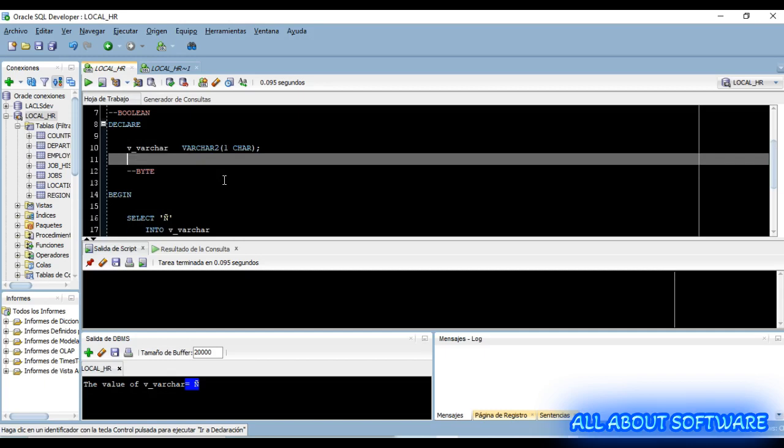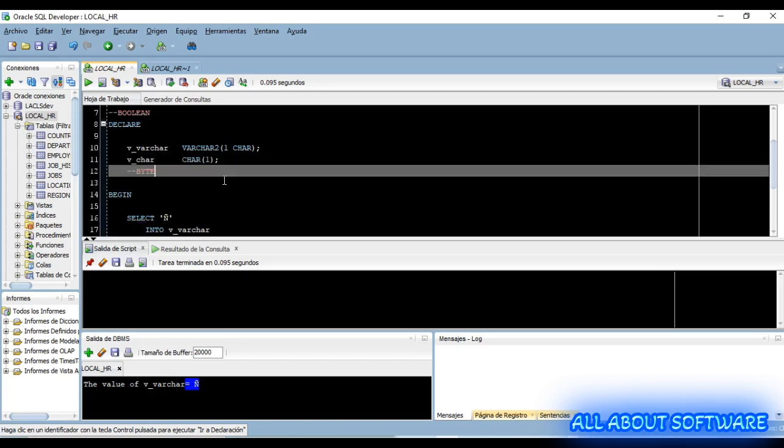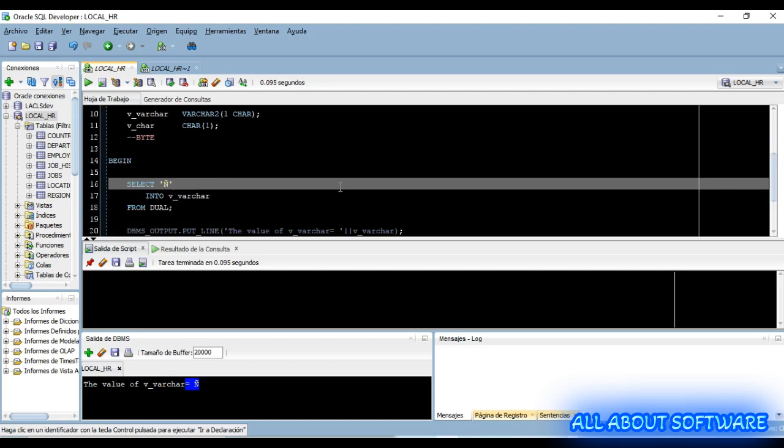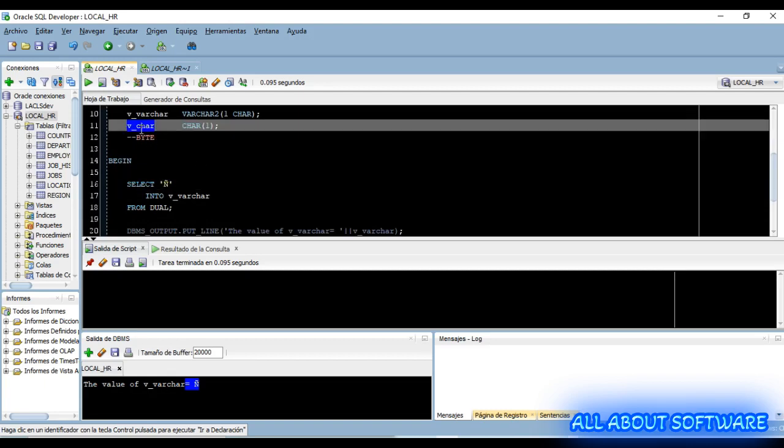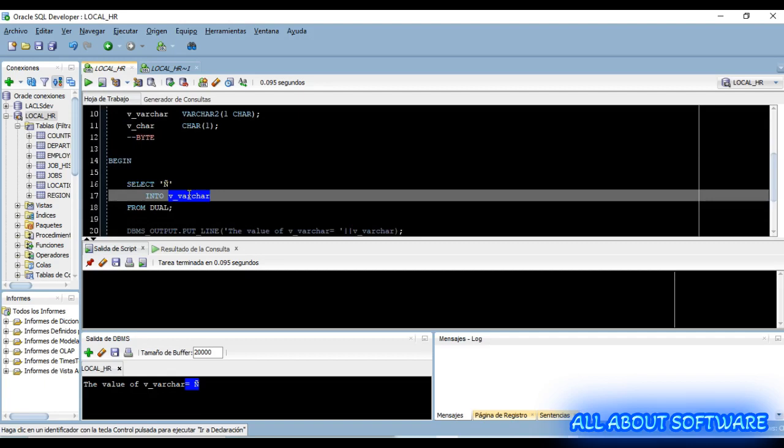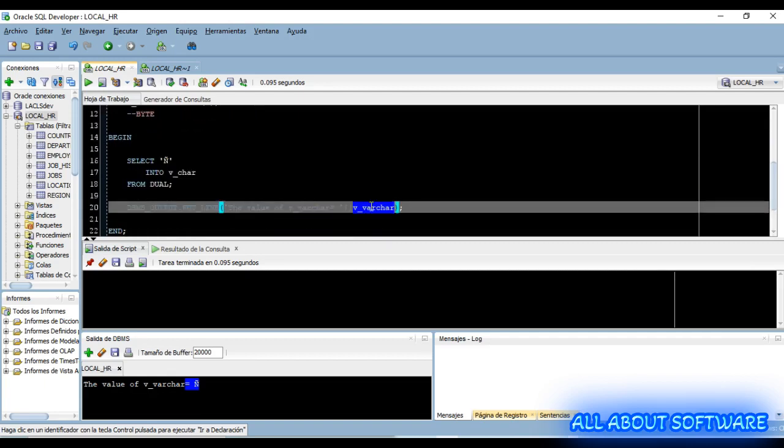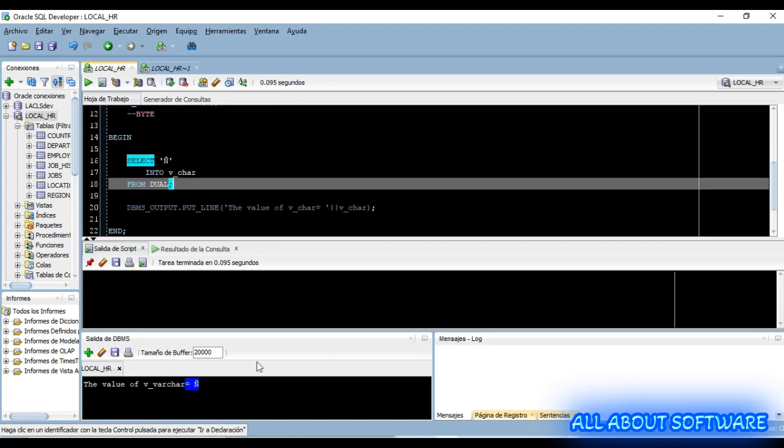Then we have CHAR. We are going to store a char. We are going to store the letter and we are going to print the new variable. Okay, we clean the output, we run the script, and we also have the same